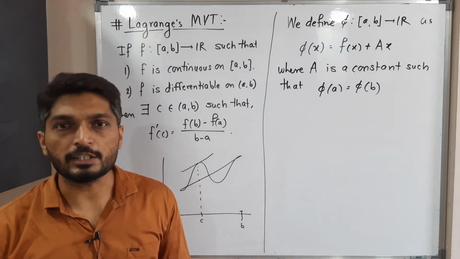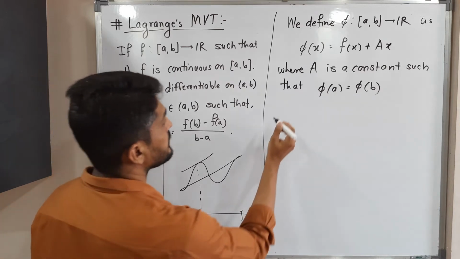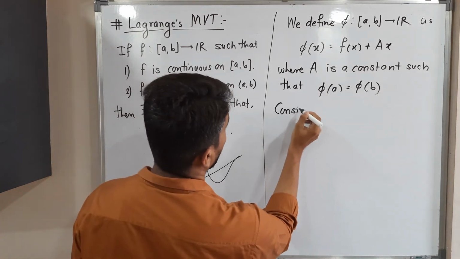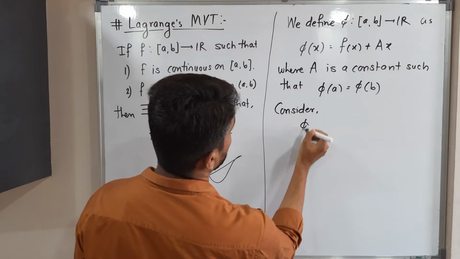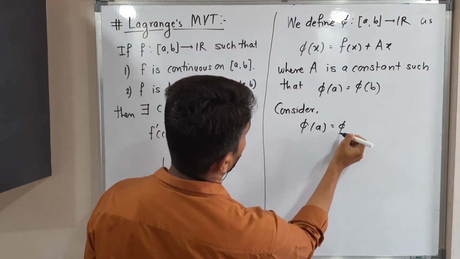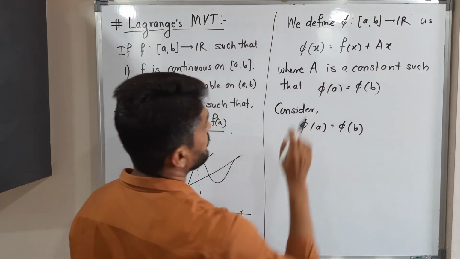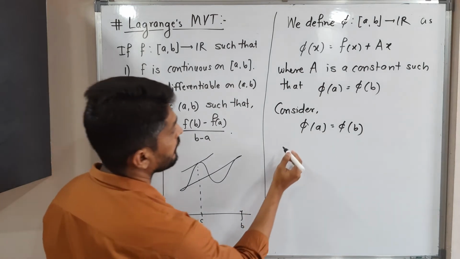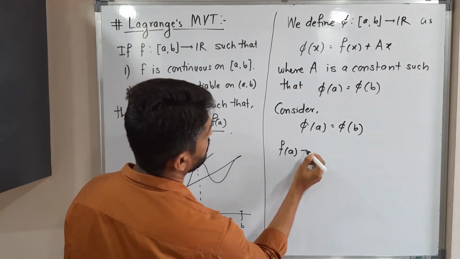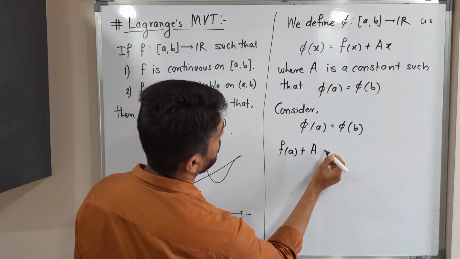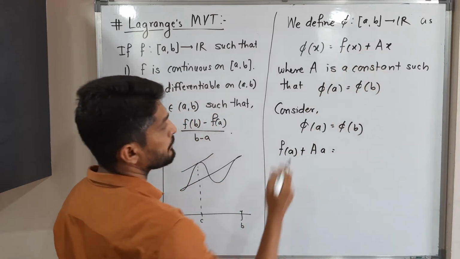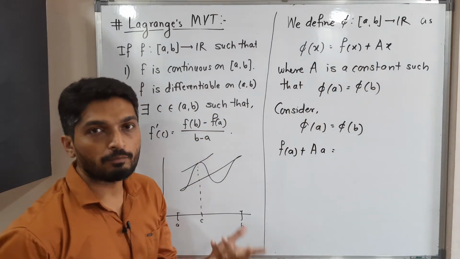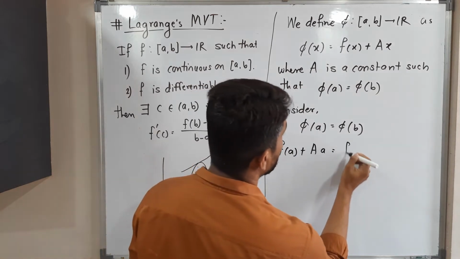Let us simplify this condition and see what will happen. Consider phi of a is equal to phi of b. What is phi of a? In place of x we have to put a. So we will have f of a plus a into a. Now I will put b, so we will have phi of b, that means f of b